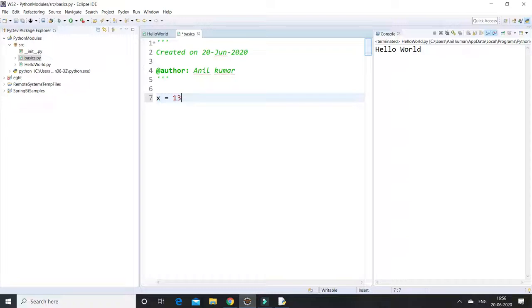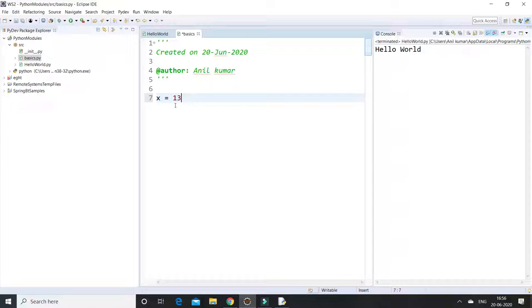When you see this, it is a digit data type, but how does the Python interpreter identify it? When you assign this value to a particular variable, the Python interpreter automatically detects the type based on the value assigned to the variable. Here I am assigning x equal to 13, so it will be an integer data type.